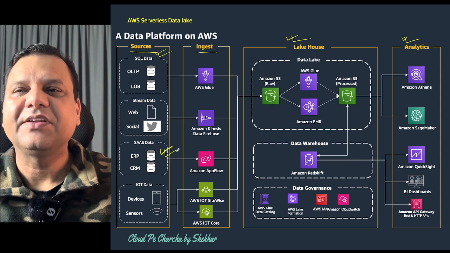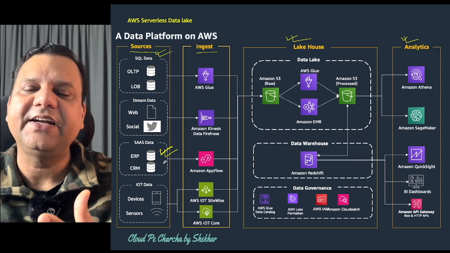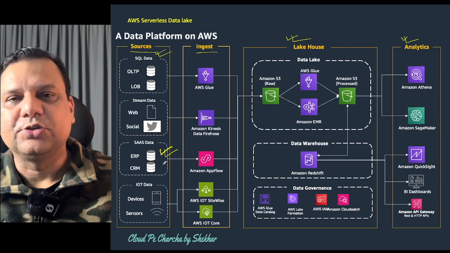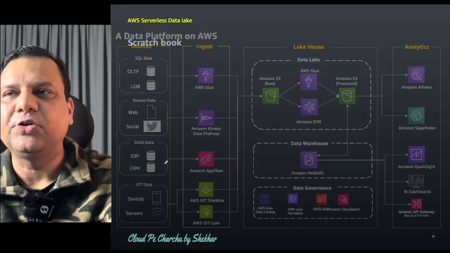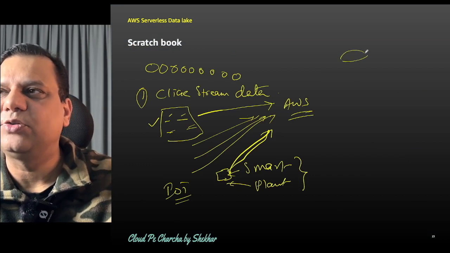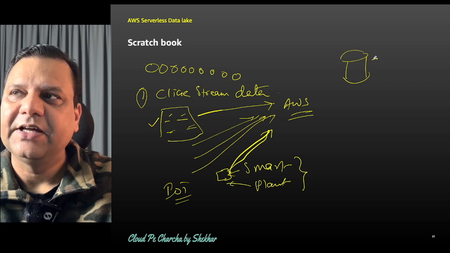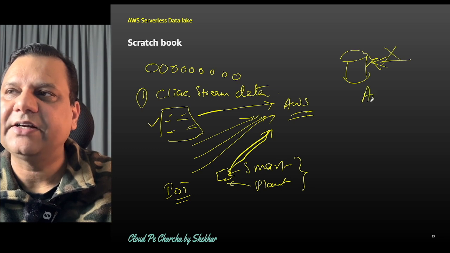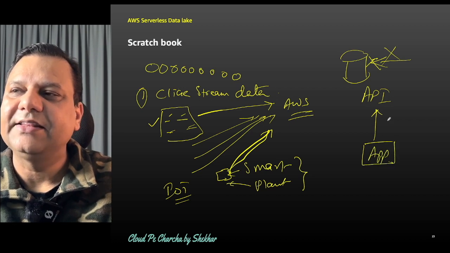Third is the SaaS data. I categorize it as SaaS data, but you can understand it with a certain example. For example, you have Salesforce. Salesforce is a complete SaaS-based application. It means that you do not have direct access to their database. So if Salesforce is using its own database, there is no connectivity to that database. You can't connect there. So how do you connect? Salesforce exposes an API. So you have to connect to those APIs from your application, and that's how you